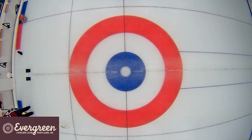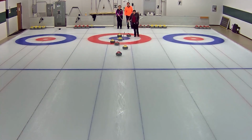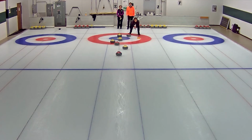Team Feldman has a real opportunity to draw down and sit on that red rock. Yep. I don't know if they want to go that deep. But if they go that deep, then Kevin can come down and sit on them and make it very difficult for them to score two. Yeah, true. So you don't come up quite that deep. But that does open up a double for Kevin, though that's a tough shot, the way those rocks have been falling off there. I'd almost think about trying to hit that rock out, maybe roll yours clear, because then you'd be sitting three and they're all...